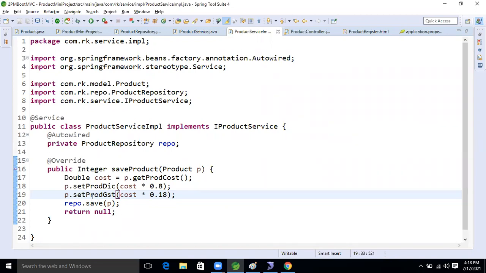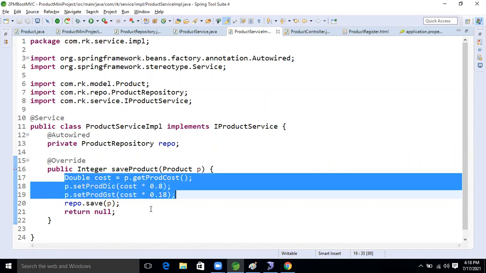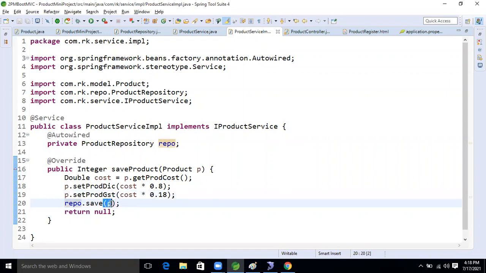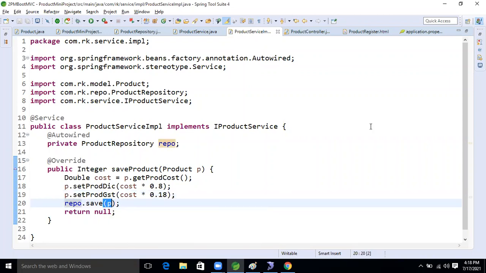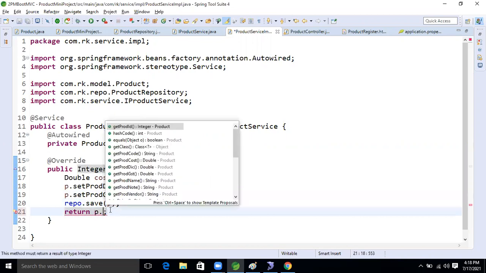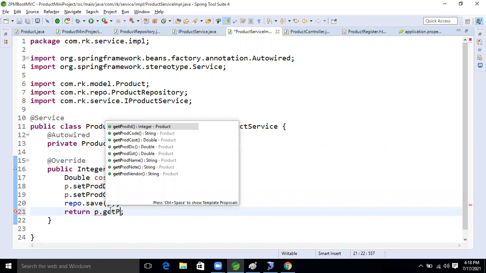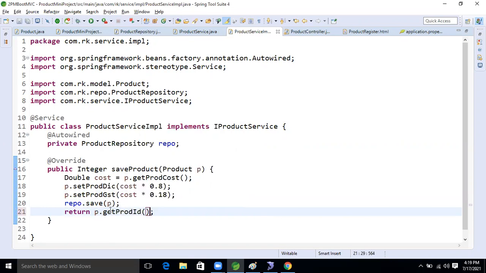So after calculating this data, what are we doing now? We are saving that product. This product will be stored in the database. After that we will return this product. P dot getProductId, we are returning now.